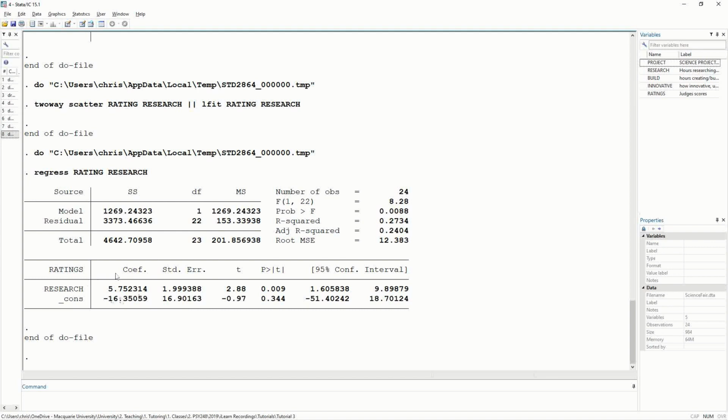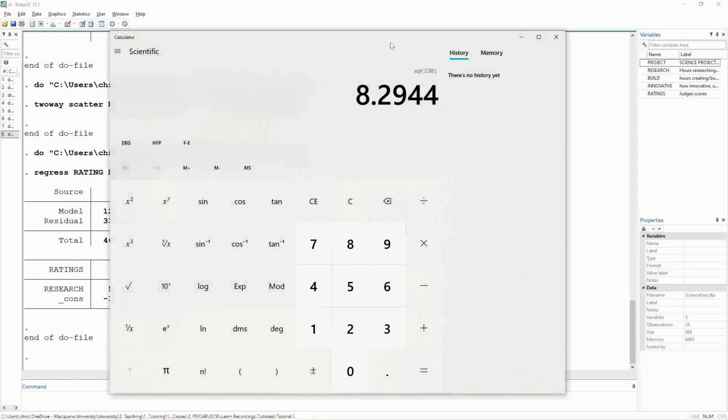And this number here represents the difference of the two. So if I add these two coefficients together, this will give me the expected rating for a person who put 1 hour of research into their project. So if we do this just quickly,